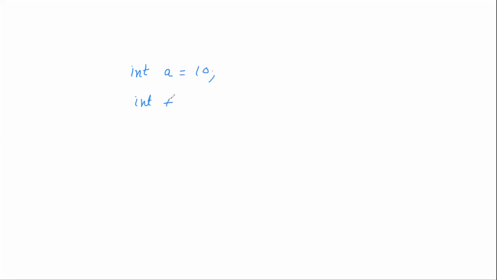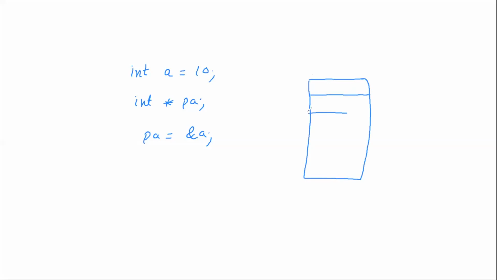And I say, so far we have seen this. But whenever you are dealing with pointers, it's always a good idea to see what is going on at the back end. So this is A, which is 10. This is say PA, right? And address of A, say I call it 7,000, which is here. And then PA gets the value 7,000.